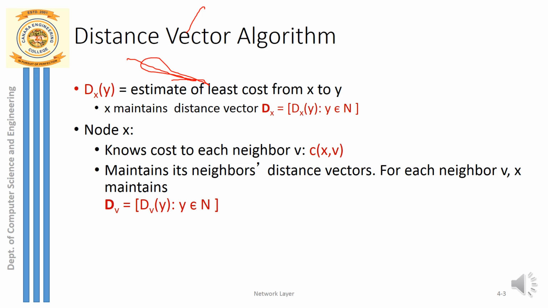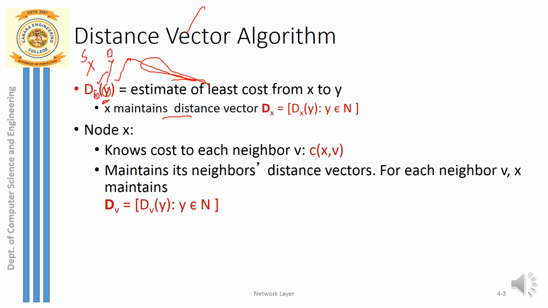So here we need to calculate two factors. One is, the name itself indicates, D, it's nothing but distance vector that you have to estimate, and here we have taken the two variables, or you can call them as nodes, node X and node Y. So let us take node X as source and node Y as destination. So all that you have to calculate here is distance vector, or the shortest path from the source X to the destination node Y. So here the source node X maintains the distance vector